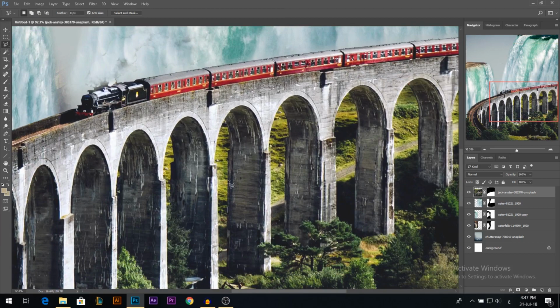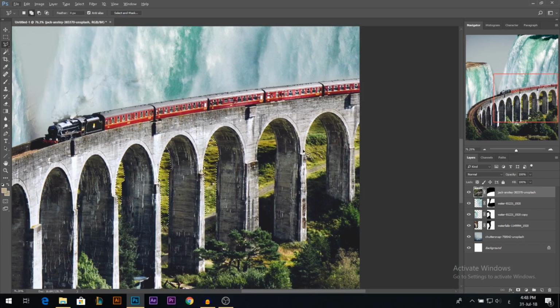So I'm just gonna very quickly, I want the environment of this one to be like it's completely flooded with water. I don't want any signs of grass or anything. I want this train to look like it's walking in just waterfalls and clouds and everything. So I want to get rid of these greens